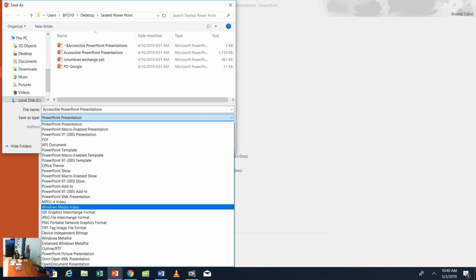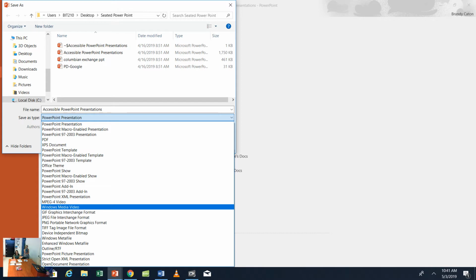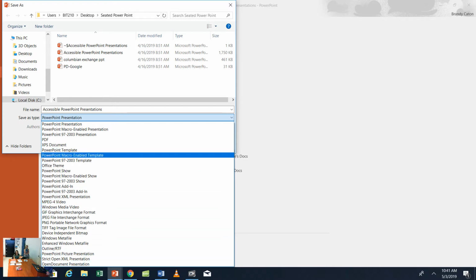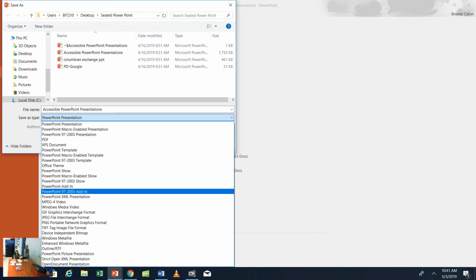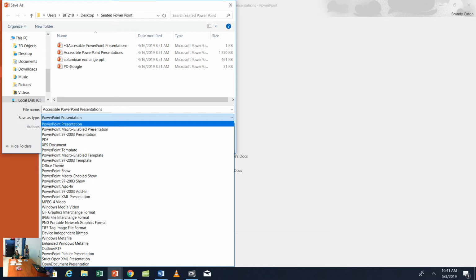The way I put the text in, it looks like it's typing out letter by letter, and that's how I time it. There's a lot of cool stuff you can do with PowerPoint. You can save it as an MP4, but I like Windows Media Video because it's just easier with Windows and uploading to YouTube. There's a bunch of different file types. I've used JPEG, Windows Media Video, Slideshow, and of course PowerPoint.